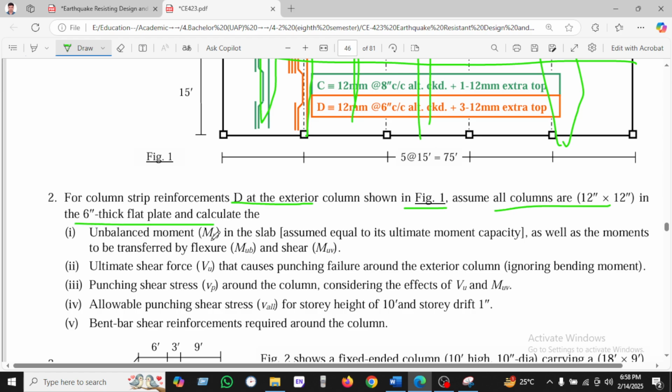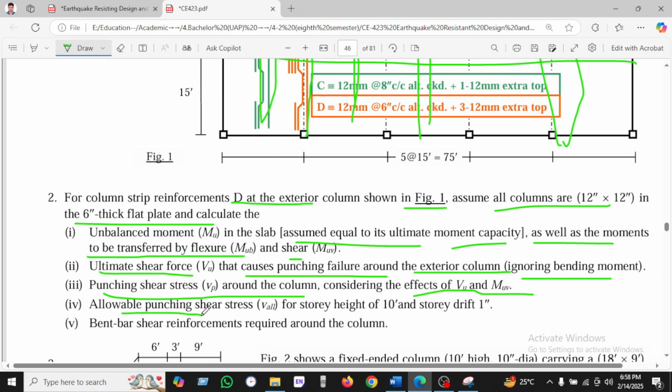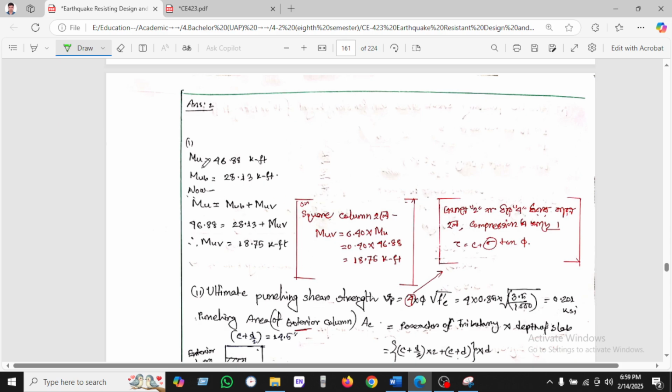So unbalanced moment in slab assume is equal to the ultimate moment capacity as well as the moment to be transferred flexural and shear. The ultimate shear force encases the punching failure around the exterior column. Ignore the bending moment. So punching stress around the column and considering the effect VU and MU and allowable punching stress, and the story height of 10 feet and story drift is given 1 inches. Band bar and reinforcement bar around the column. So calculating here we have been found ultimate is